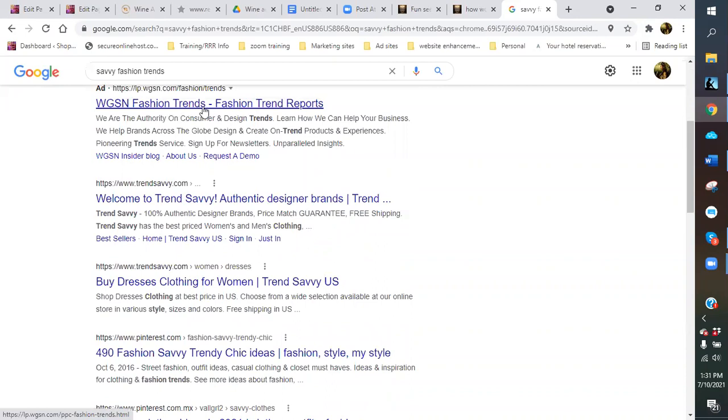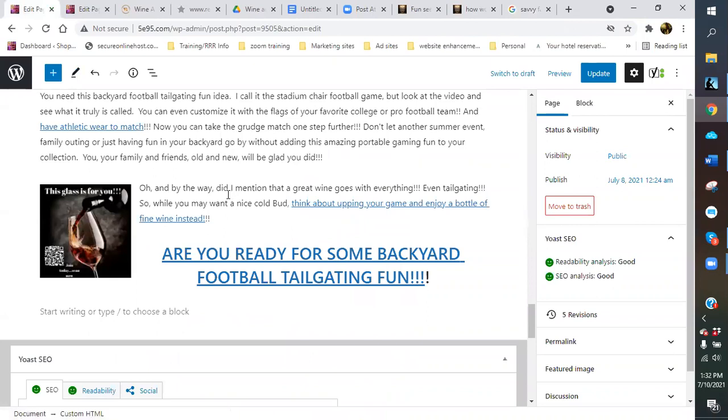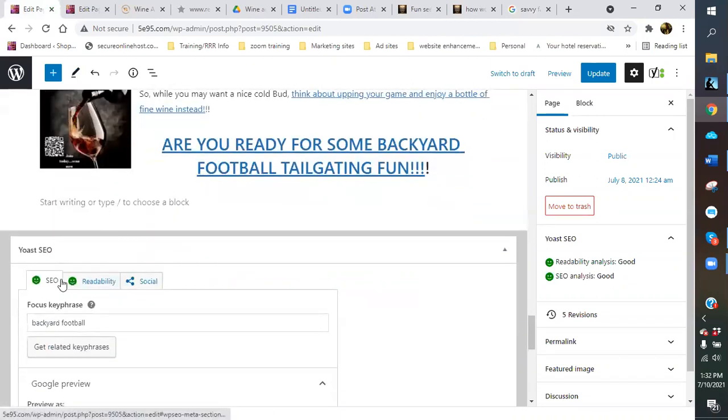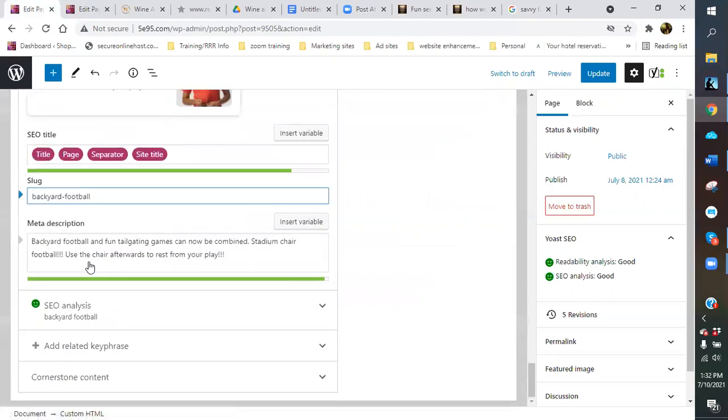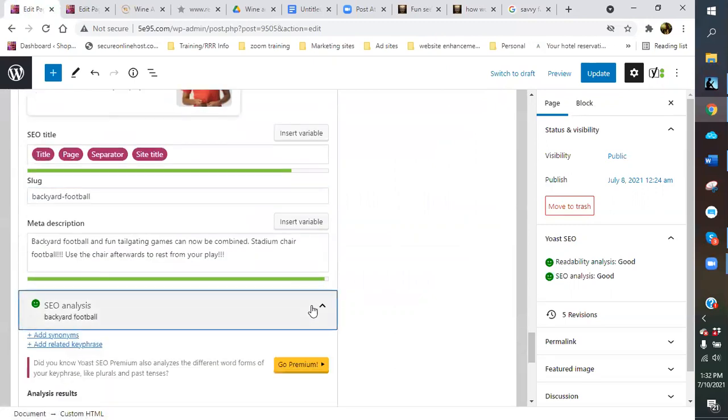So by your title, Miss Levette, you're going to get these dots. Your meta description is probably going to be the same. They're only going to show the first couple of sentences. I think it's 180 characters, it might be less, that they're going to show. If they don't see the whole thing and it doesn't interest them, they're not going to click on this to see what else you have to say. So that's why, even though you get green and green, and that's why I said sometimes it can be very deceiving. Even though you have green and green, go back and check your SEO.